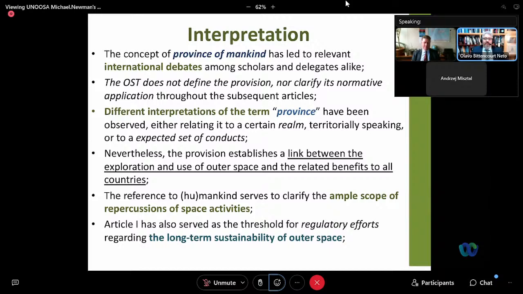As we just mentioned, the Outer Space Treaty is somehow a child of the Cold War. It was enacted in a particular historical moment of the Cold War, more than half a century ago. And of course, the delegations that negotiated the treaty could not possibly anticipate all the current concerns of the international community. A lot of very important issues that we are having to deal with nowadays could not possibly be anticipated by delegations back in the 1960s, as everything that we have been working on, for instance, in relation to the long-term sustainability of outer space.